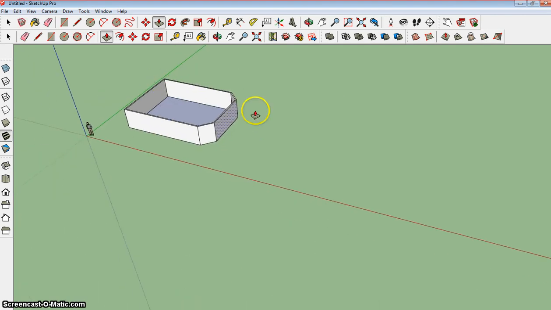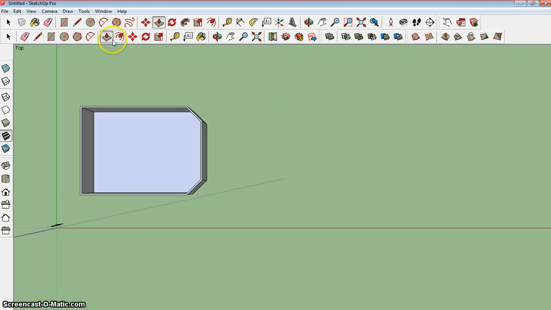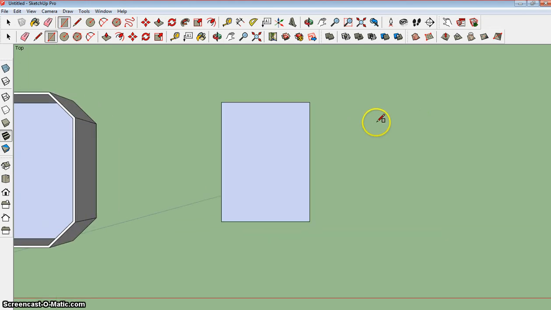So let's just do one more to give you some ideas of what you could do here. Just go to top view. This room needs to be completely different than the last one. So I'm going to use the rectangle tool again, and this time I'm going to go 16 feet, comma 22 feet, and then I'm going to make maybe a little bump out here in the center. So let's find the center of this,